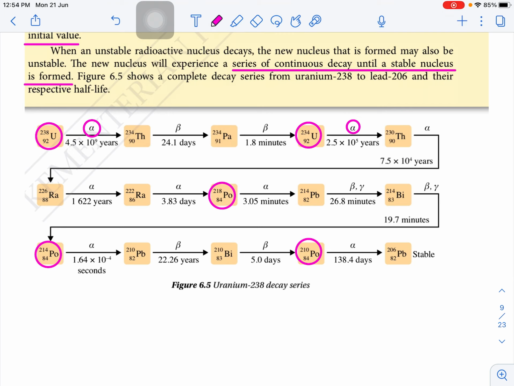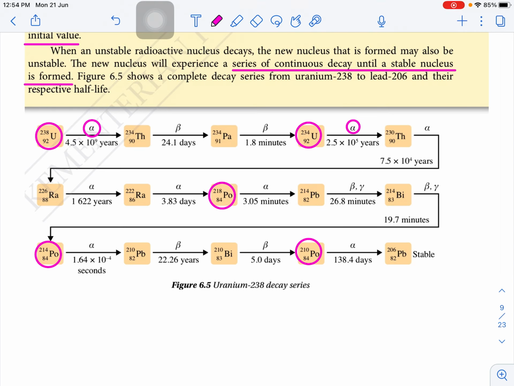So there are 3 polonium isotopes because the proton number is the same, that is 84, but we call them polonium-218, polonium-214 and polonium-210 because the nucleon number is different. Okay, that is a radioisotope. Okay, we go back to